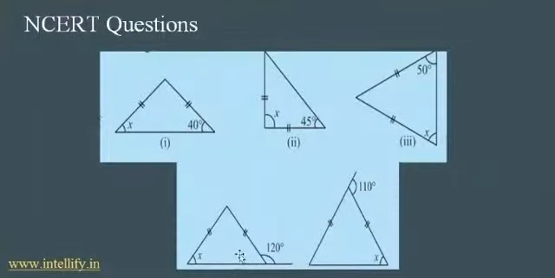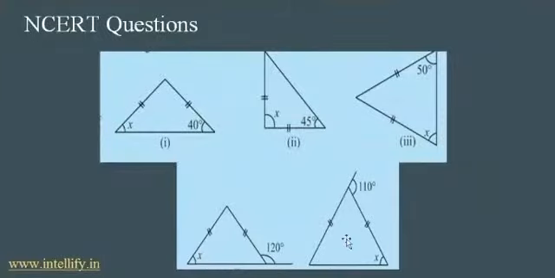In this fourth question, you will have to use the exterior angle property which has been already taught. If the exterior angle is 120, using the linear pair concept, this interior angle will be equal to 60 degrees because both of them have to add up together to 180 degrees. If this is 60 and these two sides are equal, this is the unequal side. Hence, this x will also be equal to 60 degrees.